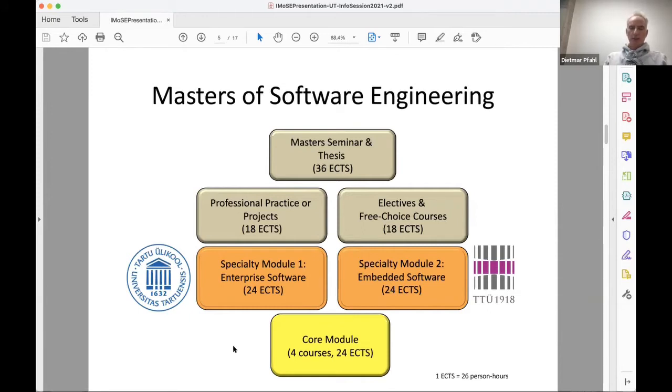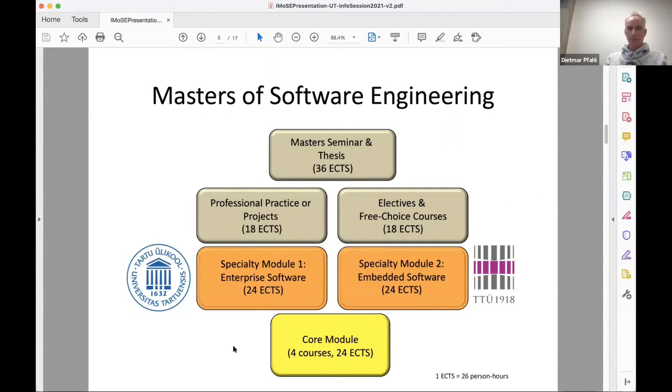So then after that, there will be, of course, 2 elective courses and 1 optional course or free choice course. That's exactly the same as in computer science. For elective courses, you can take all master level courses taught from our university to computer science or software engineering students. So you can take, for example, any of the courses in the computer science program. That can be an elective, and optional courses are, of course, completely free.